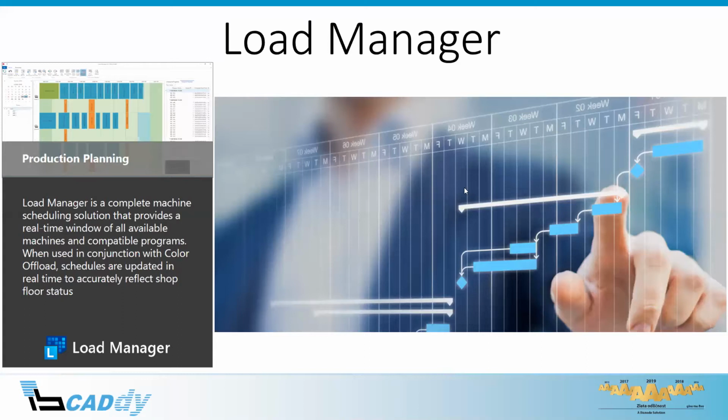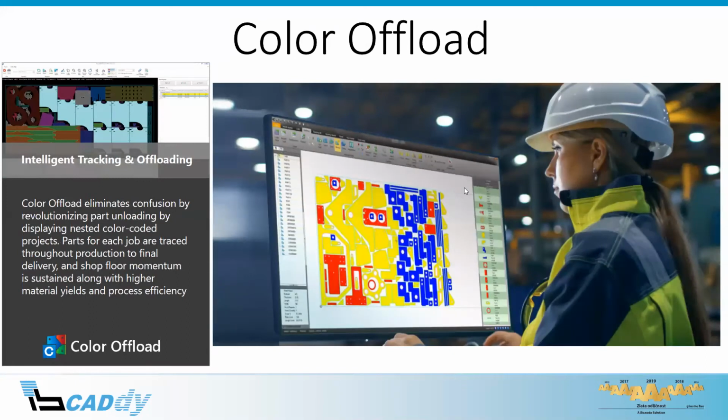Machine compatibility is checked automatically and provides interactive load rebalancing. Schedules are updated in real time to accurately reflect shop floor status. Make part unloading from your cutting machine faster and more accurate by color coding parts. ColorOffload eliminates confusion by displaying nested parts in colors that can be assigned by customer, work order, shipping address, or